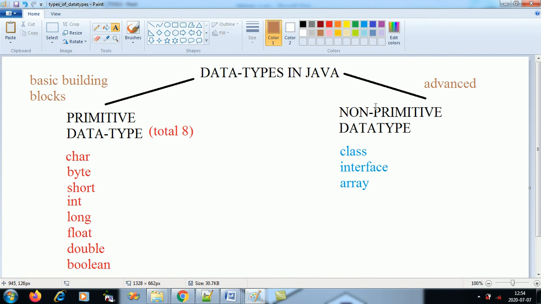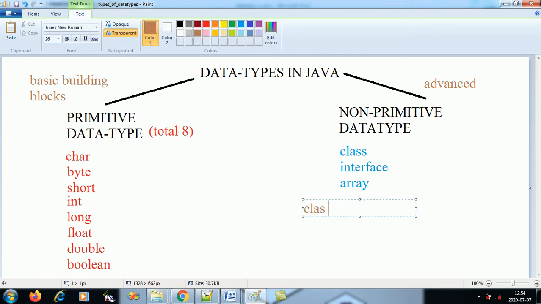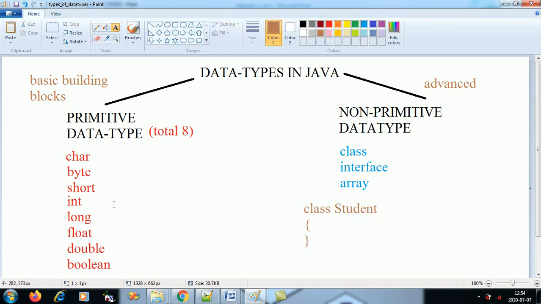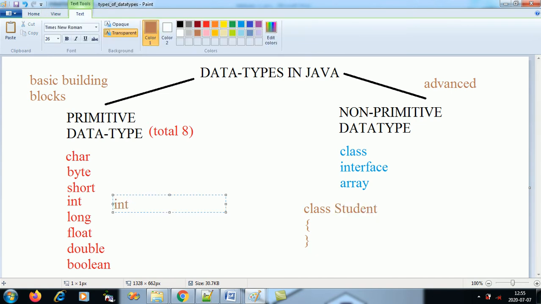Then we have the non-primitive data types, or the advanced data types in Java. When I make a class, when I write class Student, it's like I am gifting Java a new data type. With int, what I make is int i.